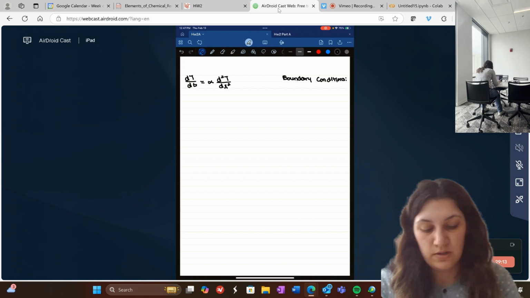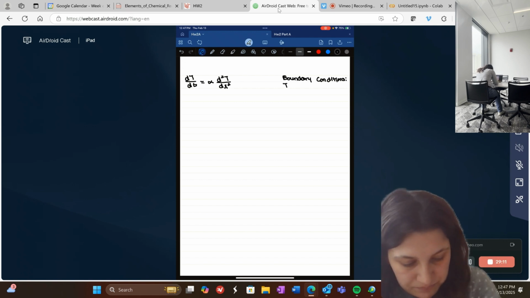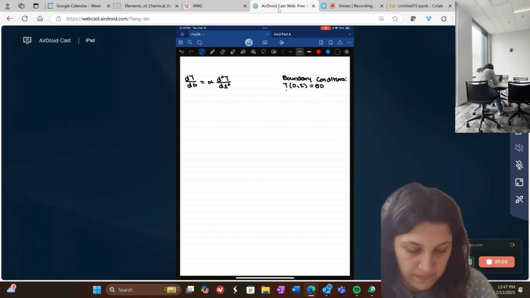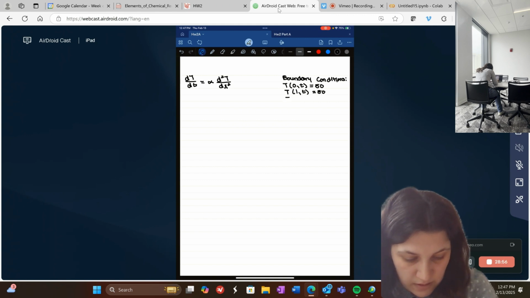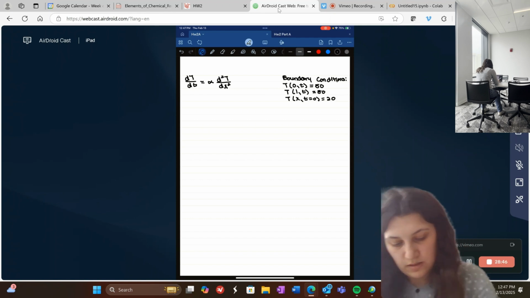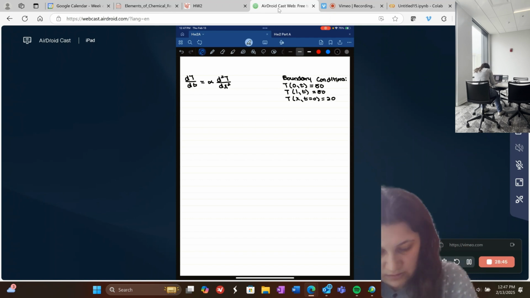Our boundary conditions are that the temperature at position 0 at any time is equal to 50. The temperature at position 1 at any time is equal to 80, and the temperature at any other position at t equal to 0 is 20. Now I'm going to write out an equation that says T_k is equal to